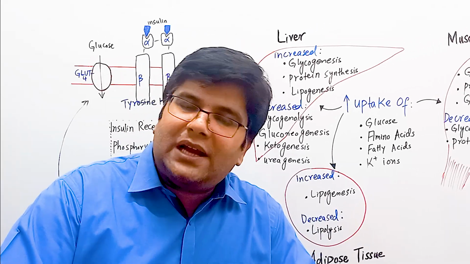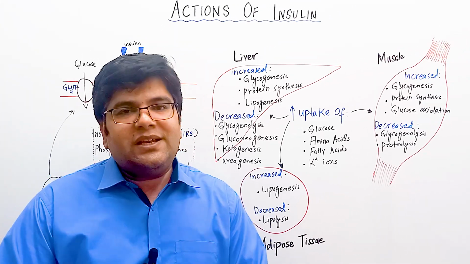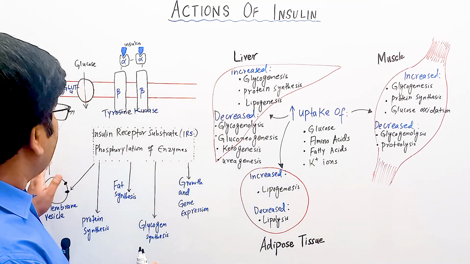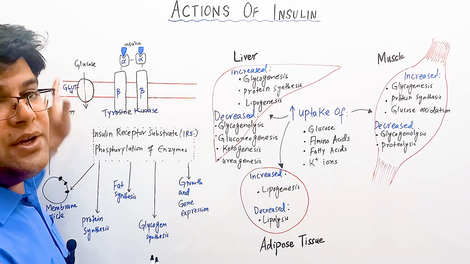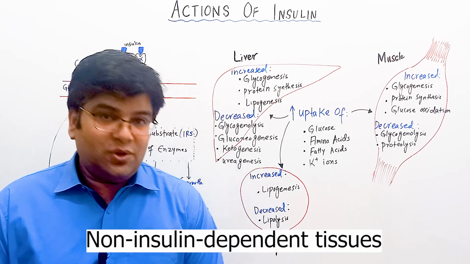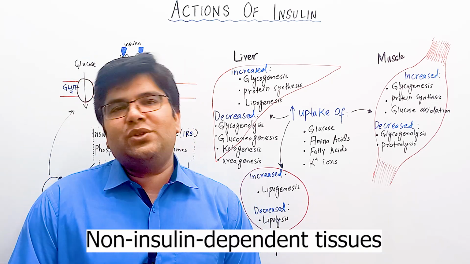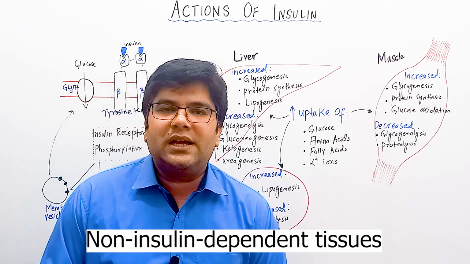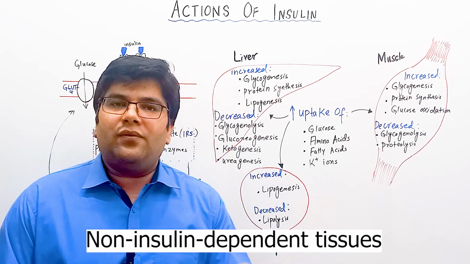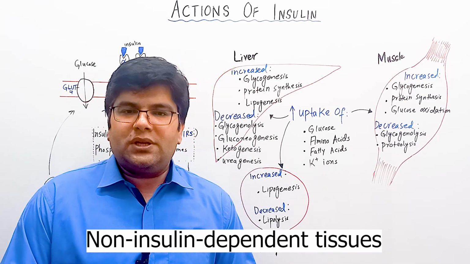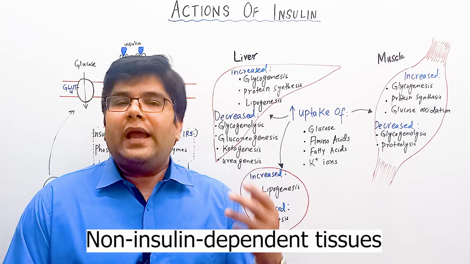And also when we do activity or exercise, once again without the presence of insulin, these GLUT4 transporters can be translocated into the cell membranes. Do you know that there are tissues in our body which do not need insulin for the entry of glucose into the cells? And these tissues are nervous tissue, tubules of kidney, intestinal mucosa, red blood cells, and beta cells